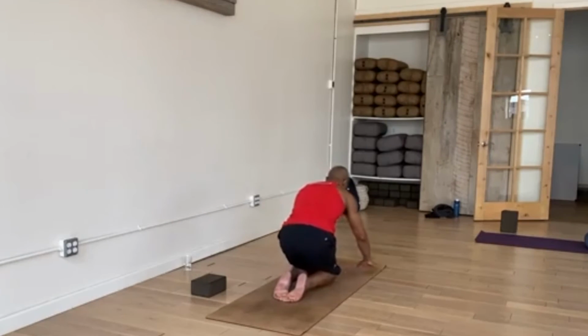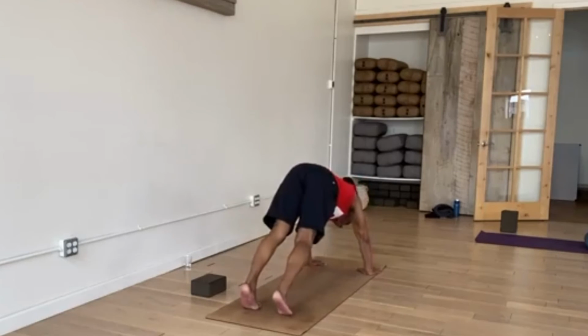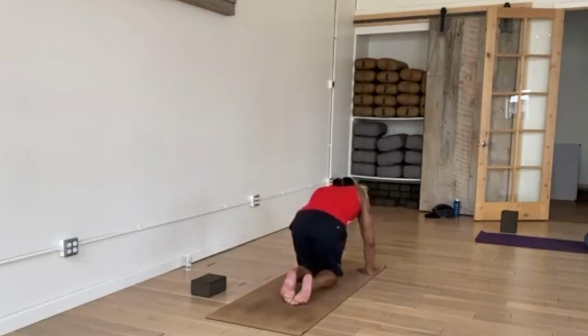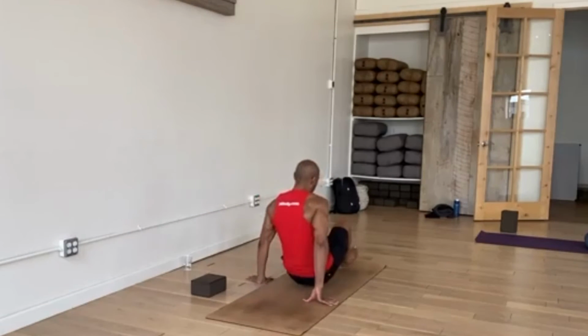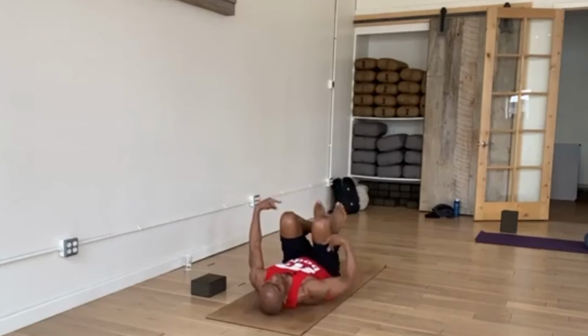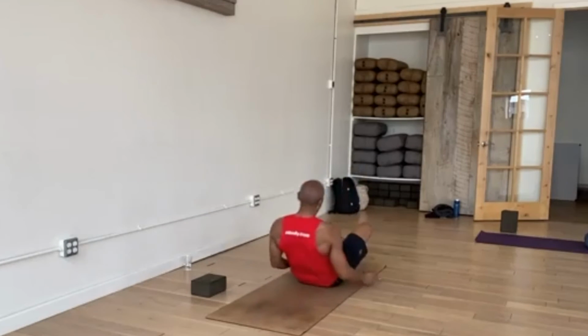Let me just show you something here as far as a transition. Now, typically, or sometimes, when we come down to a seat, you can come down to the knees. I have you sit back into hero, sit off to the side, swing around, do all that. You can always do that, okay? We're going into a shoulder stand, so you can make that transition that exact same way, okay? Or if you're able,